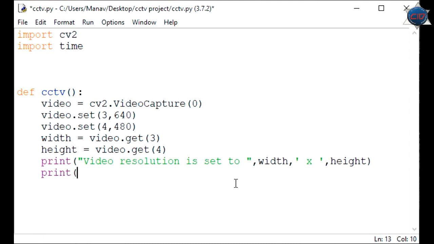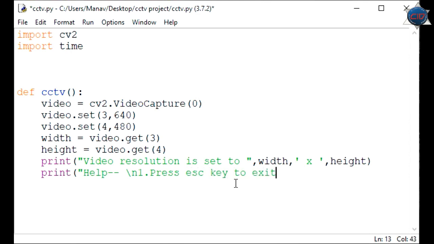Okay, so I'll just print help, and under help I'm going to pass, firstly, on another line, press escape key to exit.